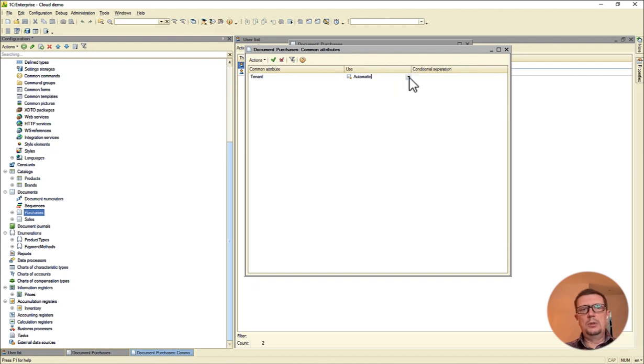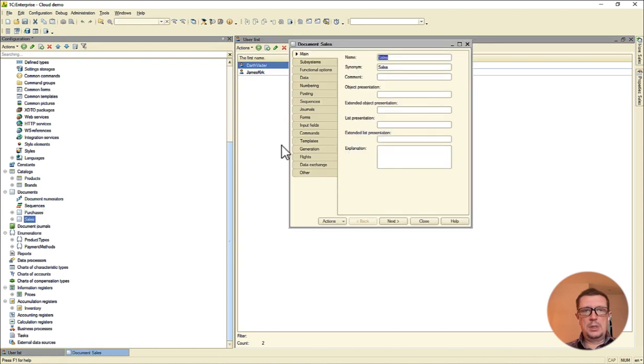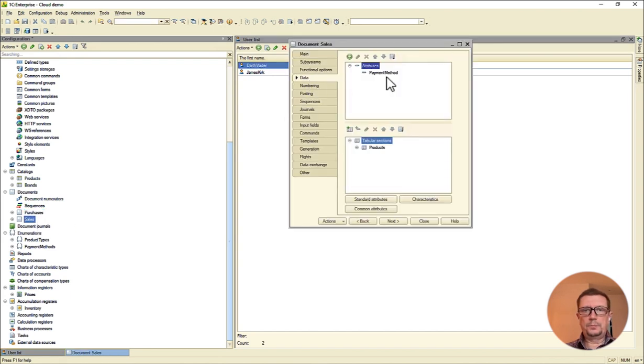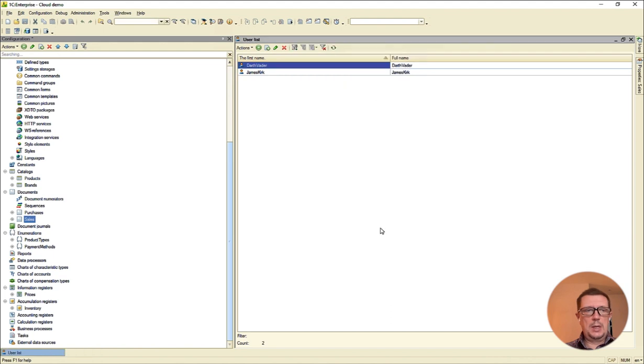And if I want to include this attribute into the data structure of this document, I just set it to use like so, and then I do the same for the sales documents. Common attributes, use, and this is it.